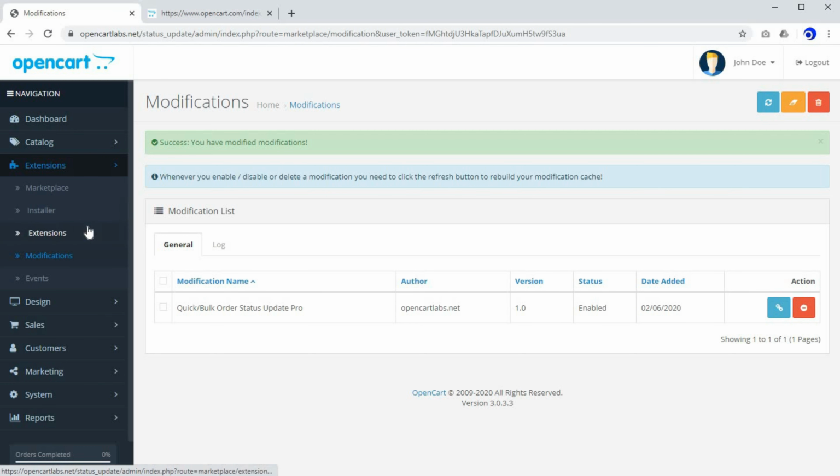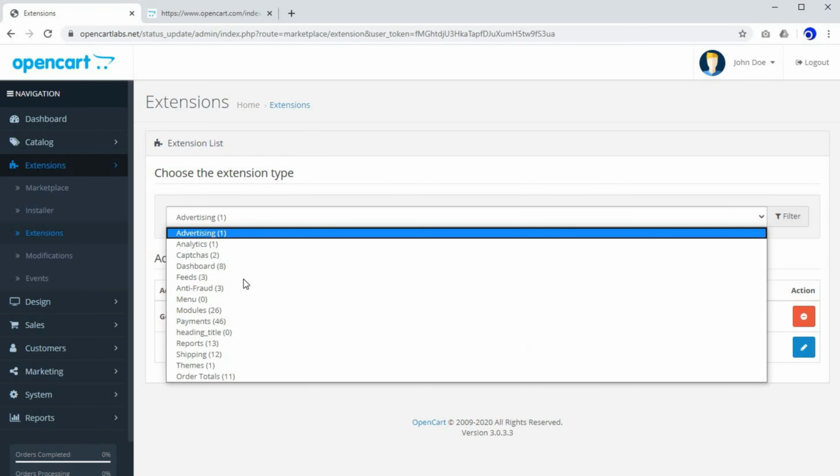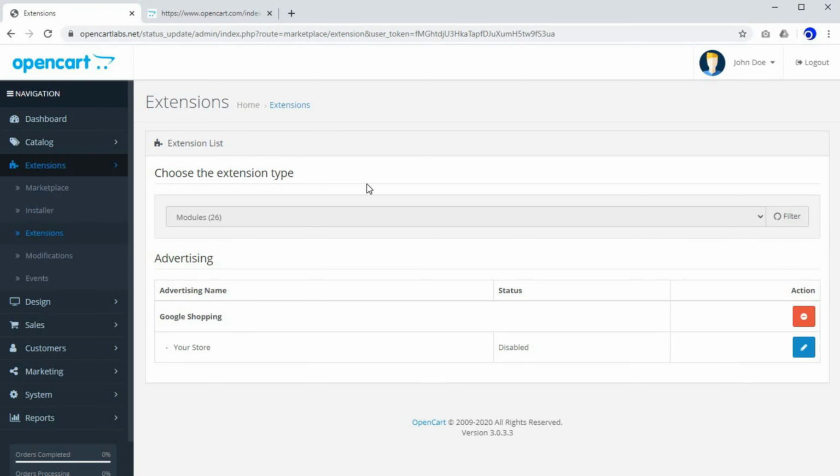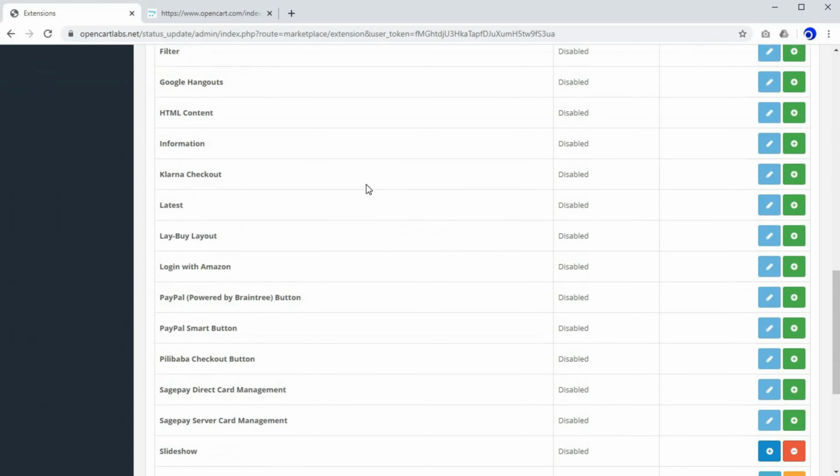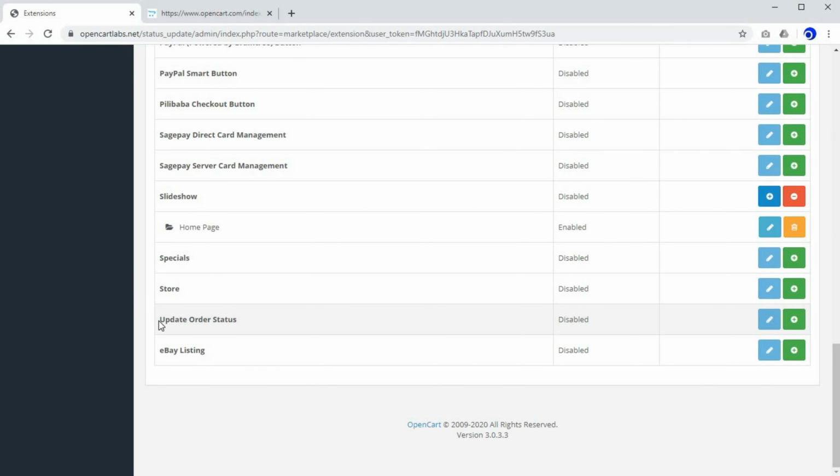Now go to extensions, click on modules, go to the bottom of the page. Here you'll find the name of the extension, update order status. You need to install it here as well. Click on install. Now click on edit,